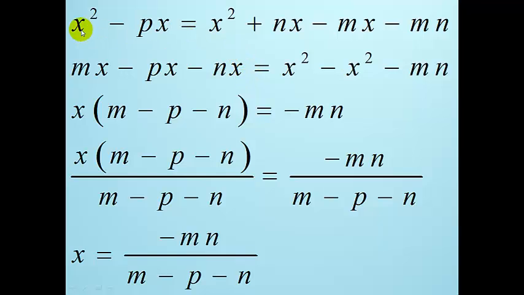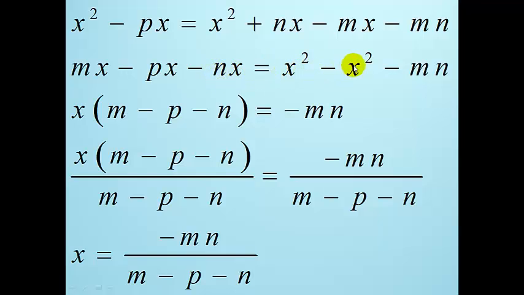Take note that on the left hand side you have x squared, and on the right hand side you also have x squared. That means that x squared on the right hand side becomes minus x squared on the left hand side. So x squared minus x squared will give us 0. Now minus mx on the right hand side becomes mx on the left hand side. Already we have minus px on the left hand side, so it's still the same. Plus nx on the right hand side becomes minus nx on the left hand side, and this is equal to